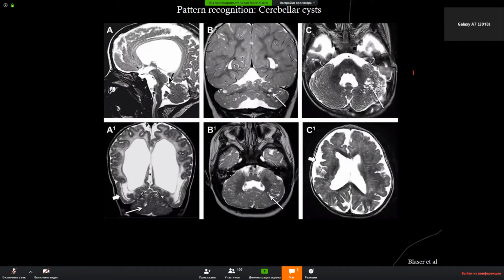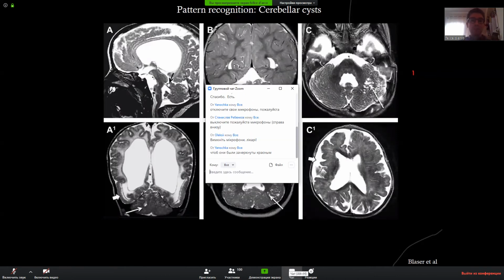So we look for basically the presence of other associated findings. So in these three cases, three columns, you have cysts in the cerebellar hemispheres. And then, so you identify something wrong in the cerebellum, so the presence of cysts, and then you start to